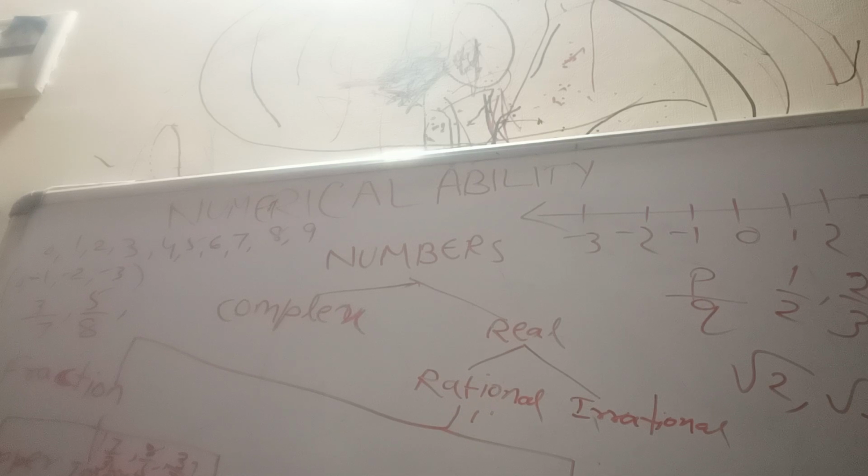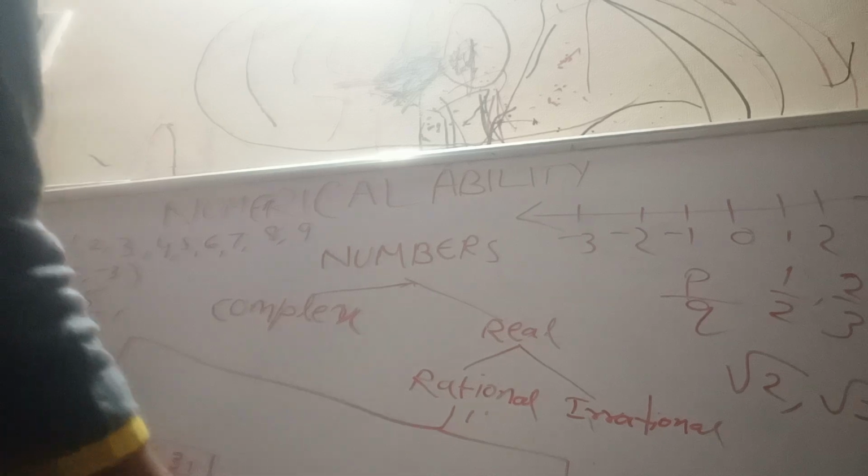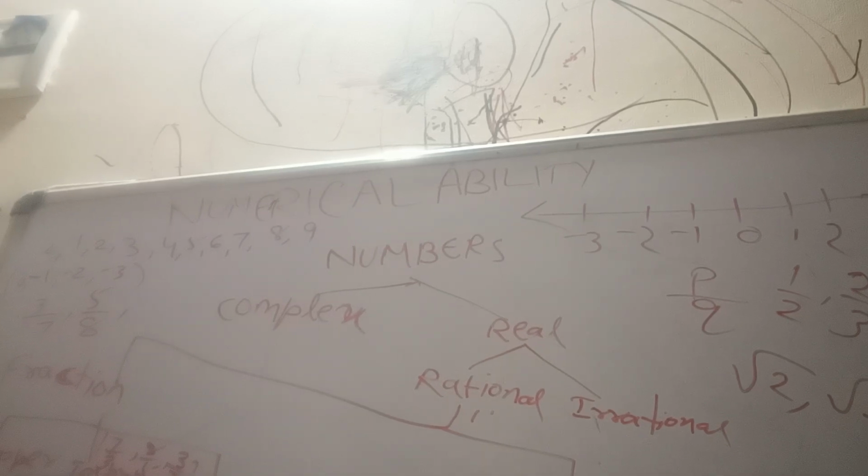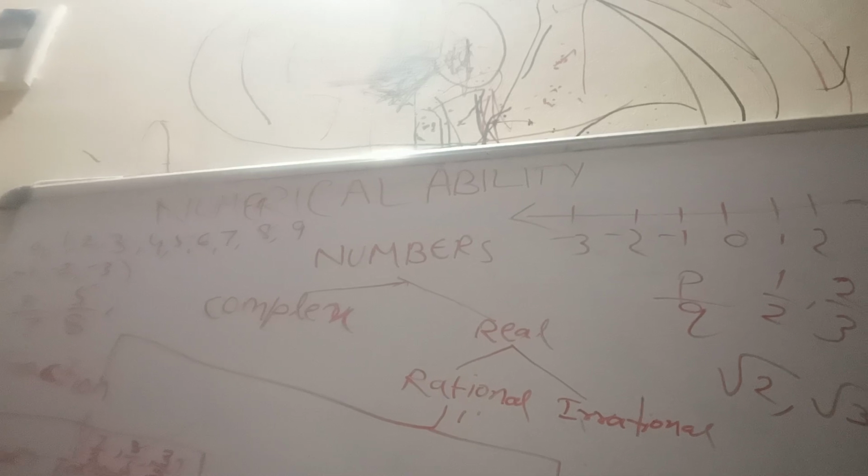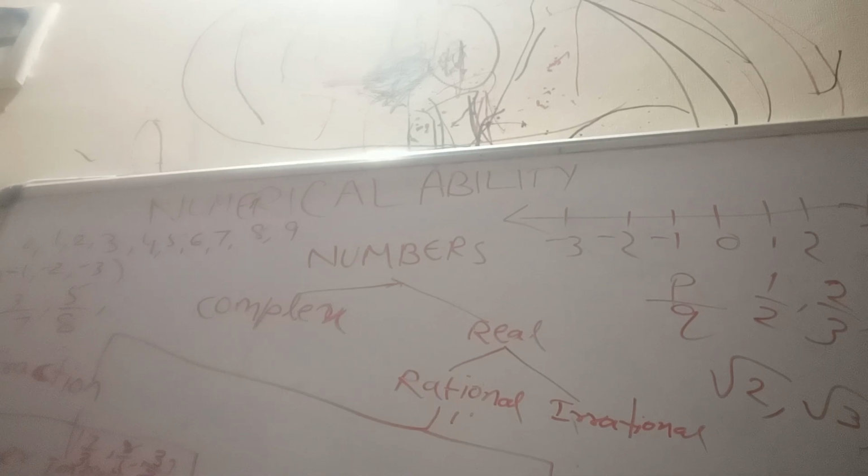Now come to perfect number. A perfect number is a whole number, an integer greater than 0, and when we add up all of the factors less than that number, we get that number. For example, the factors of 6 are 1, 2, 3 and 6. 1 plus 2 plus 3 equals 6. This is a perfect number.